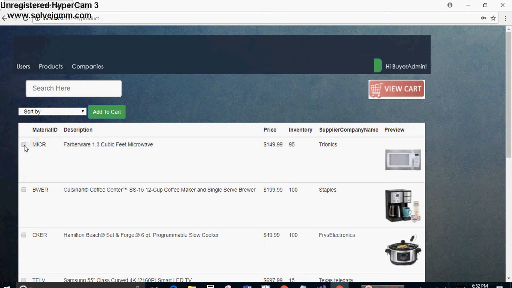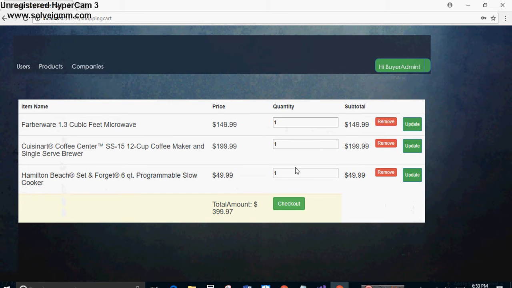And being a buyer, when he clicks on the checkboxes, he can add these products to the shopping cart. So once he clicks on the add to cart, these products are added to the shopping cart. If we click on the view cart, we can see the products displayed, and you have the price, the quantity, which is the text box and editable, and you have the subtotal. Once you click the checkout,